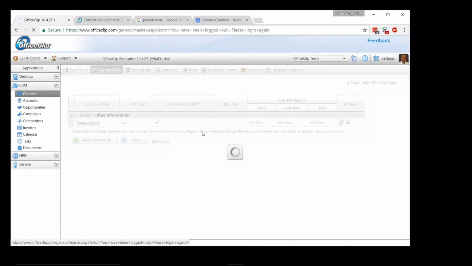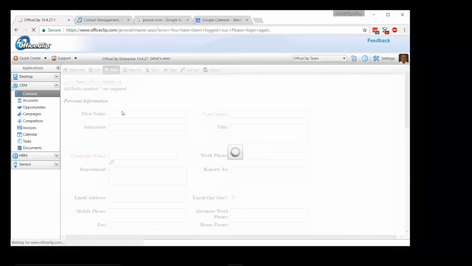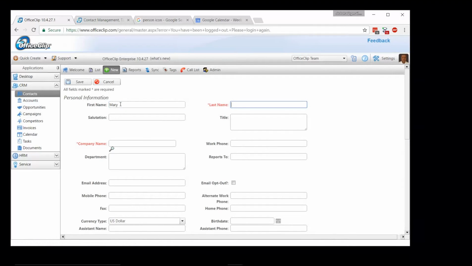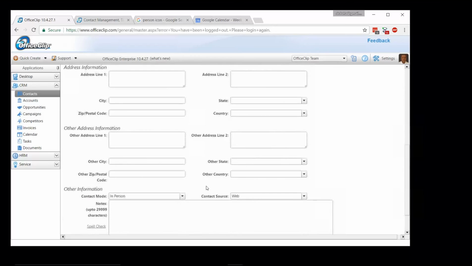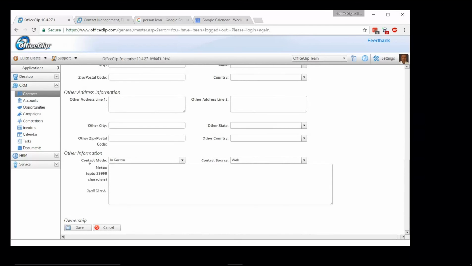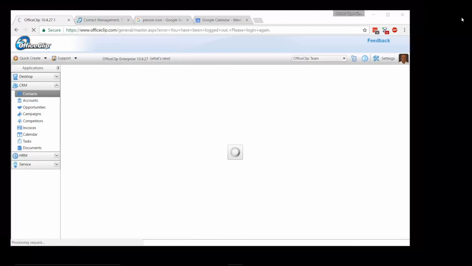Now let's see how to add something there, okay, in the custom field. Now let me add a new contact here called Mary Jane, okay. So just a new contact, okay. Office Supplies, okay. The company name Office Supplies. Now I have selected this as a required, but you don't have to. Now if I see in the bottom here, you see the other information section, this got added here. Okay, so I actually contacted this person by phone. So I click on phone, I save it. So this is how you add a custom field in OfficeClip. Okay. Let me stop the